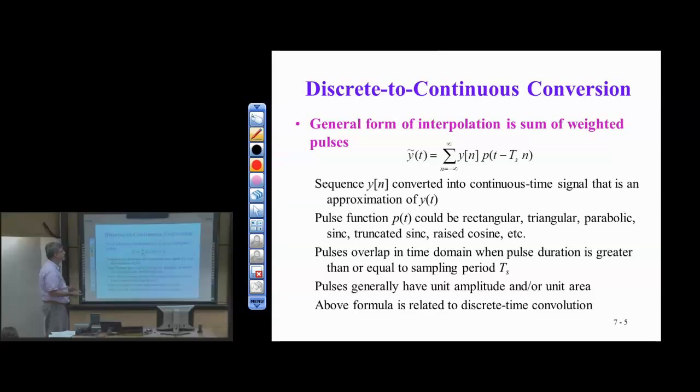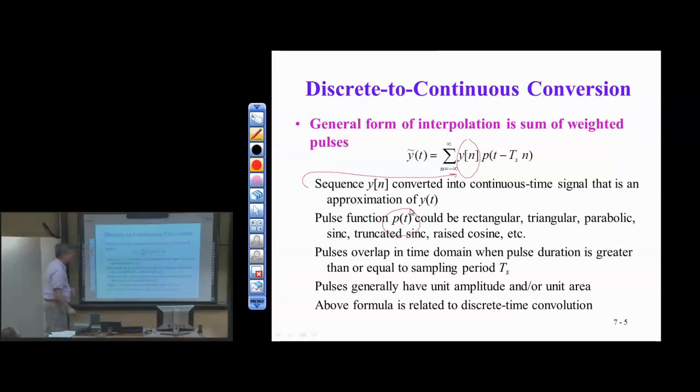Yeah, so this is a filtering operation in the end. Okay, so here's a general linear systems viewpoint of interpolation. There are other viewpoints. The general form of interpolation is the sum of weighted pulses. So if I pull this apart, I have a sequence, y of n. I want to convert this from discrete time to continuous time. I connect the dots by picking a pulse function, p of t. Lots of choices for that in this context. And then I'm going to take my pulse shape and flip and slide the pulse shape about the sequence